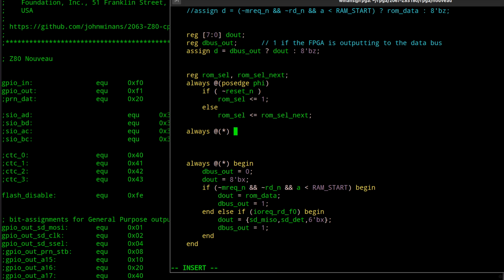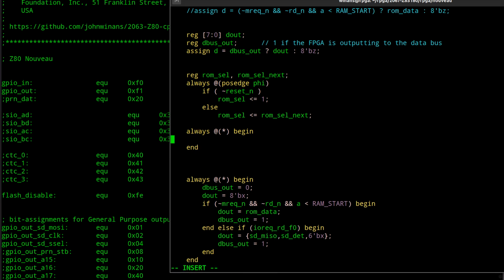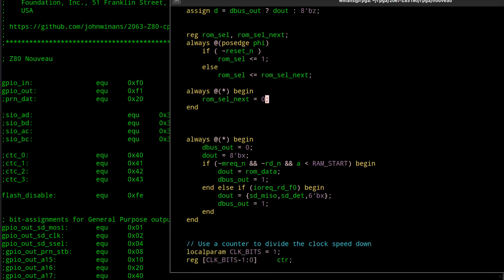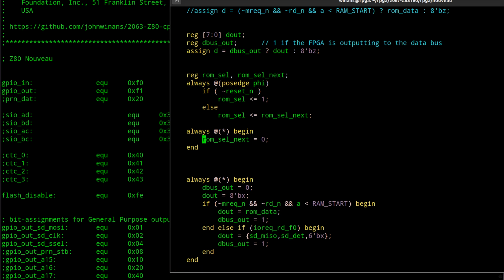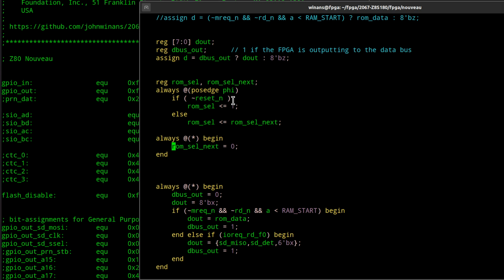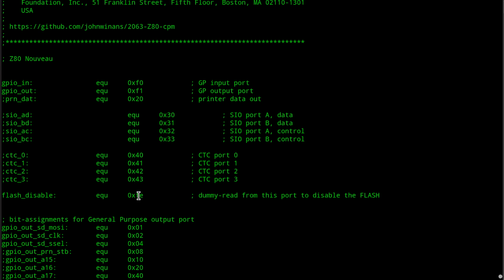Now inside here, we're going to say that ROM cell next always equals what? 0. In other words, don't use the flash anymore. Is that true? We have a state. What we have is a state. It's so simple I can't visualize it. We need literally an RS latch, but actually I guess there is. You could list both the reset and the I-don't-need-a-reset-anymore signal. What we have is when this is poked at,